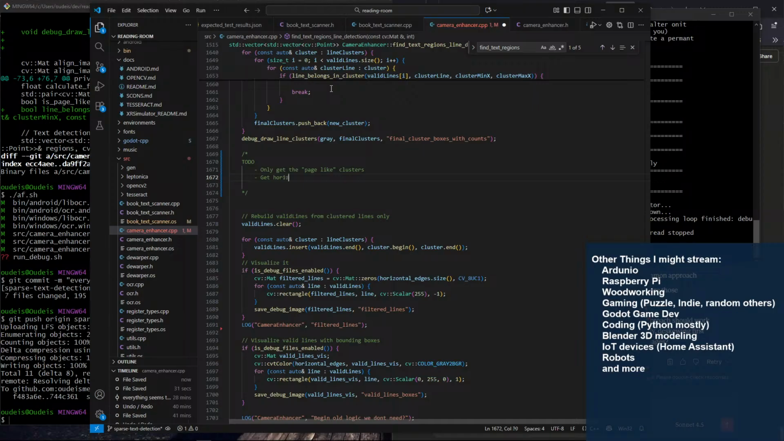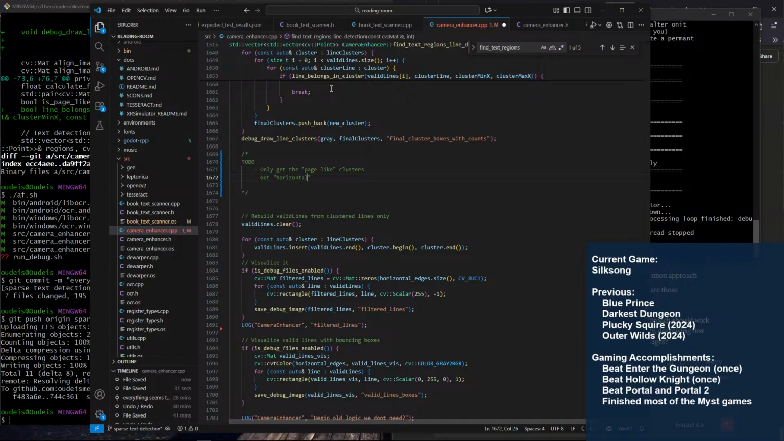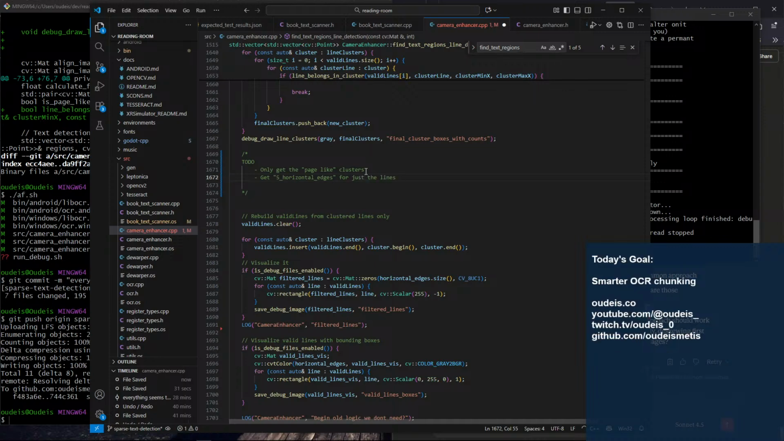Get horizontal. What is it called? Let's do it. Let's see this here. Horizontal edges. Yeah, it's number 5, right? We'll just do it for just the lines, for just in these clusters. So it's getting a mask of. And then